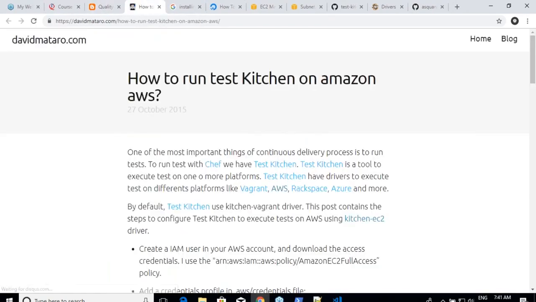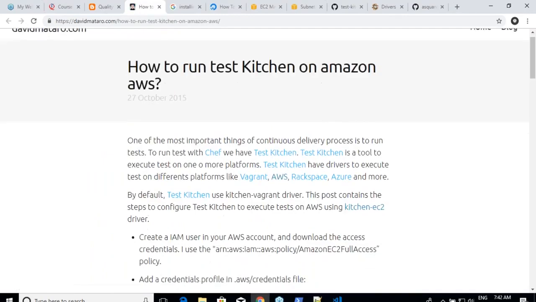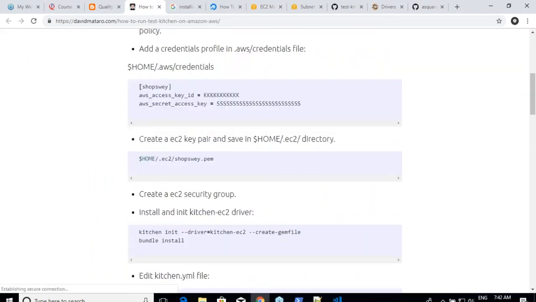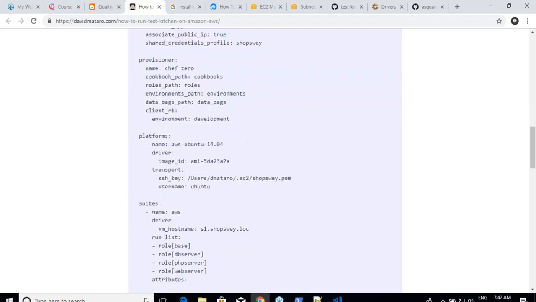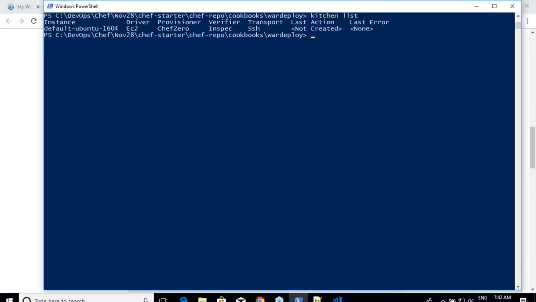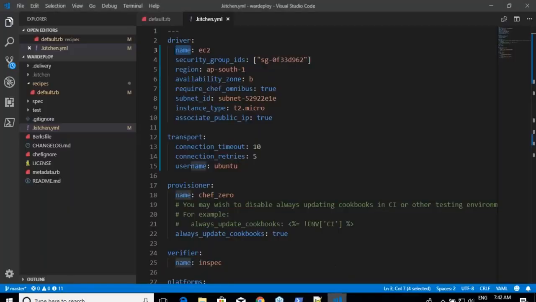For the people who ask how I run the stuff, this is the documentation. You go to the blog. It is already written by some person over here. He's also using Chef Zero. Let me not violate it. But you can use Chef Solo also over there, so there are three different things which you can use. Okay then, I'm good with this.